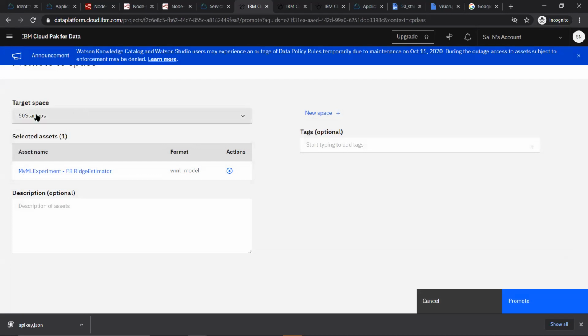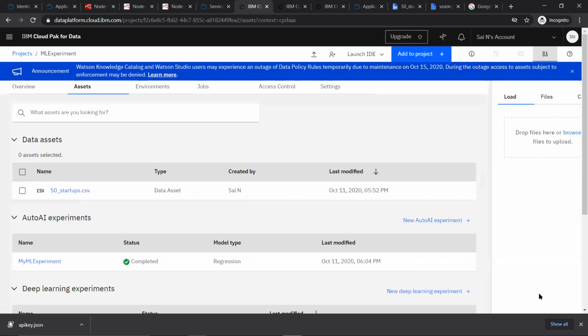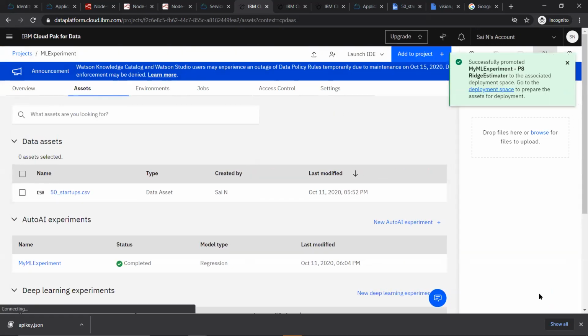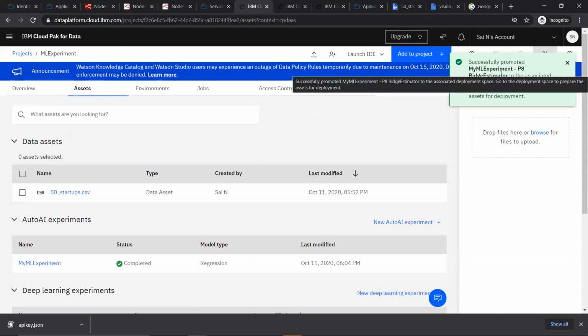If you see, now the target space is changed to my deployment space. Now click on promote. With this, your model will be moved to the deployment space. Okay, it is successfully moved. Now if you see, it is promoted to the deployment space.